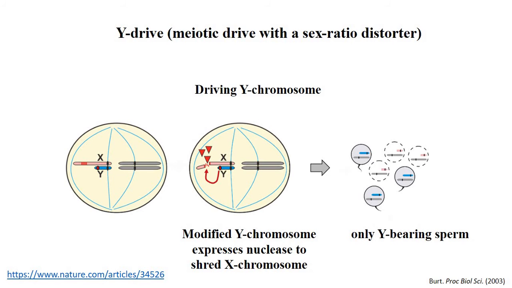Y drive, or meiotic drive with a sex ratio distorter, is another naturally occurring phenomenon in populations, in organisms, where the Y chromosome has genetic elements, you can call them selfish genetic elements. These selfish genetic elements will propagate into the population even when they have a negative impact. Say, for example,